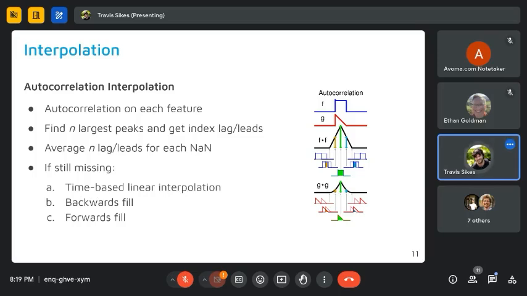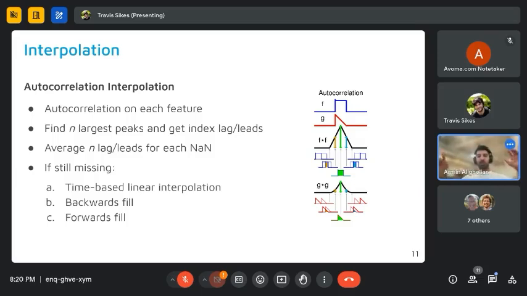Any questions? Travis, I want to add one thing right here. For the autocorrelation, when we do it once, imagine we have a bunch of NaNs in a time series that we want to interpolate. One time we go through all of the time series, we replace those that we can, and then we look at the time series one more time, where those NaNs now have values.